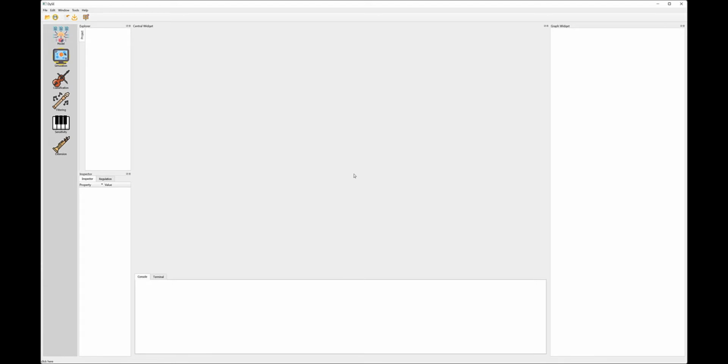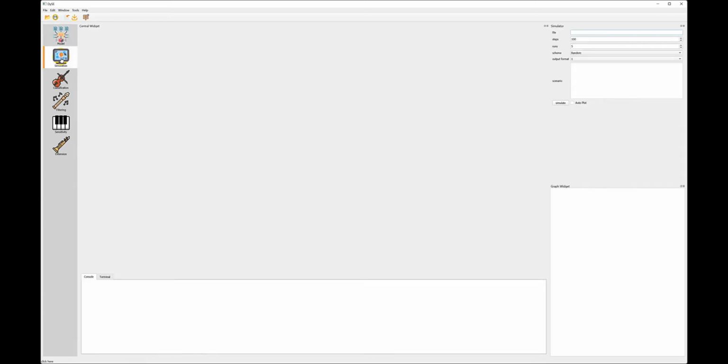In this demo, we will demonstrate the integration of different tools in our DICE framework with a very easy-to-use graphic user interface. And in this video, we will use a T-cell model as an example to show the functionality of our tools. So for now, you can see the whole user interface, which is also the GUI. And you can see there are several widgets with the sidebar on the left that let users choose which tool they want to use in this GUI.